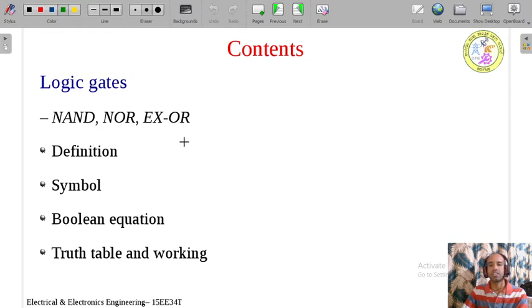Why are these called derived gates? Because we can derive these gates with the help of the basic gates. I can derive the NAND gate, NOR gate, XOR gate using either NAND or AND gate or its combination. So that's why these gates are called derived gates. So remember, basic gates are only 3: NOT gate, OR gate and AND gate, whereas NAND and NOR and XOR and one more gate, XNOR gate, are called derived gates.